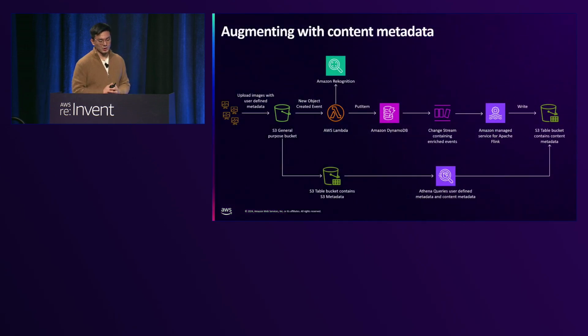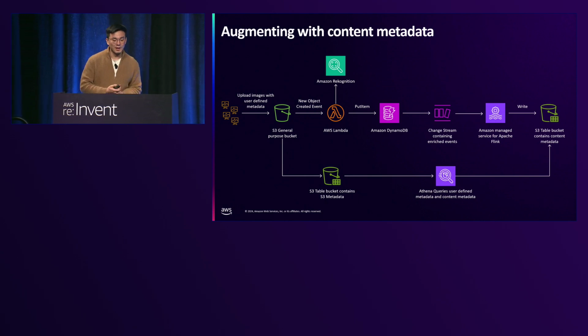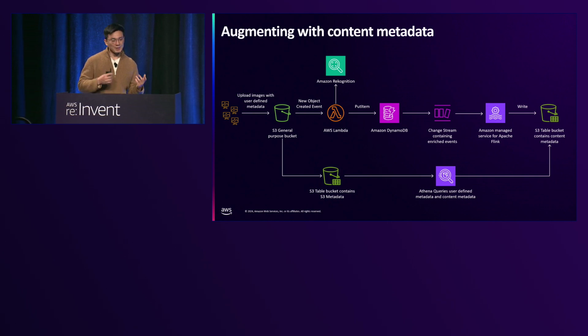So as part of the launch, we put together a sample implementation with sample code that we'll publish in the next week or so, that gives you a blueprint of leveraging S3 metadata and S3 tables together to have that pattern, the third pattern that we talked about, where you have your own pipeline generating metadata that you care about, and use that in combination with the S3 metadata tables. And to give you a sneak peek, here's what the sample implementation includes. It focuses on images and with media entertainment use cases in mind.